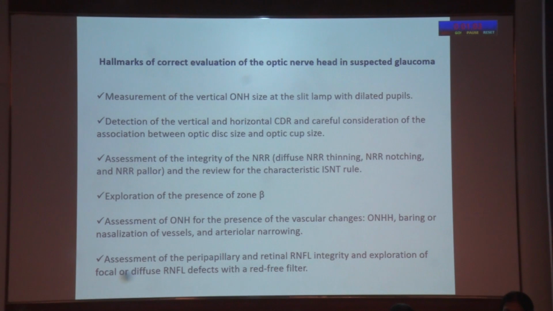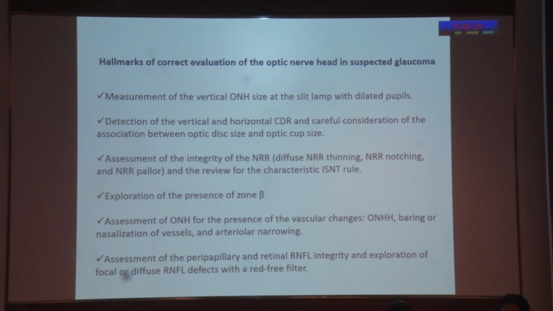And the hallmarks of correct evaluation of the optic nerve head in suspected glaucoma: measurement of the vertical ONH size at the slit lamp with dilated pupils, detection of the vertical and horizontal CDR, and careful consideration of the association between optic disc size and optic cup size, assessment of the integrity of the neuroretinal rim, and review of the characteristics of the ISNT rule, exploration of the presence of beta zone,